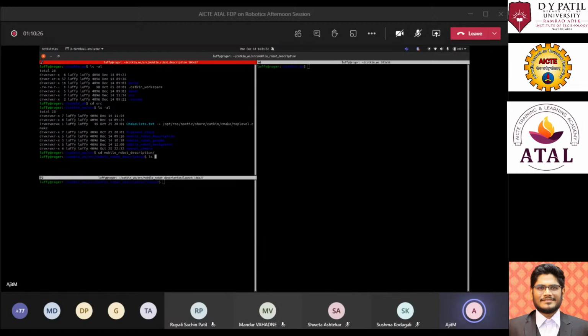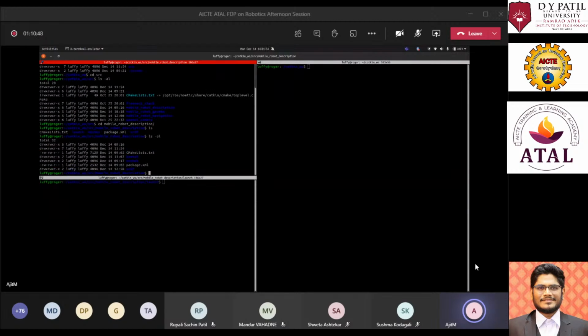If you see over here, this is another package in the workspace, and it has its own structure. When you're making a description of a robot, you need to have some launch files.